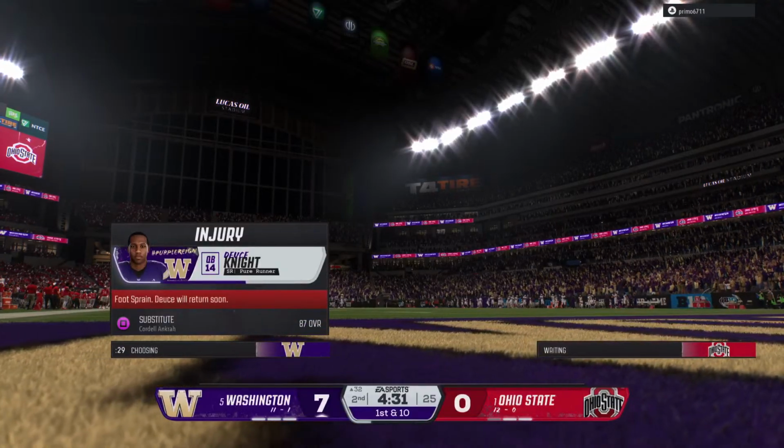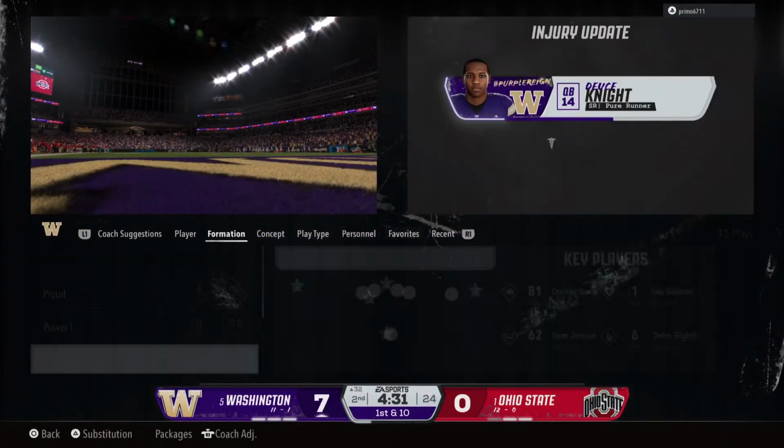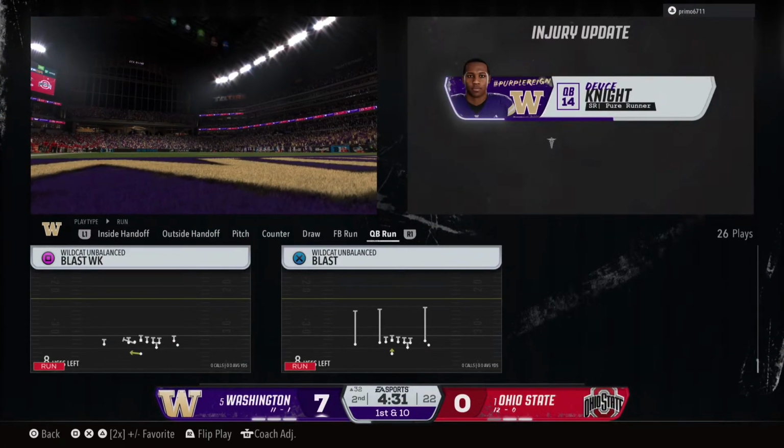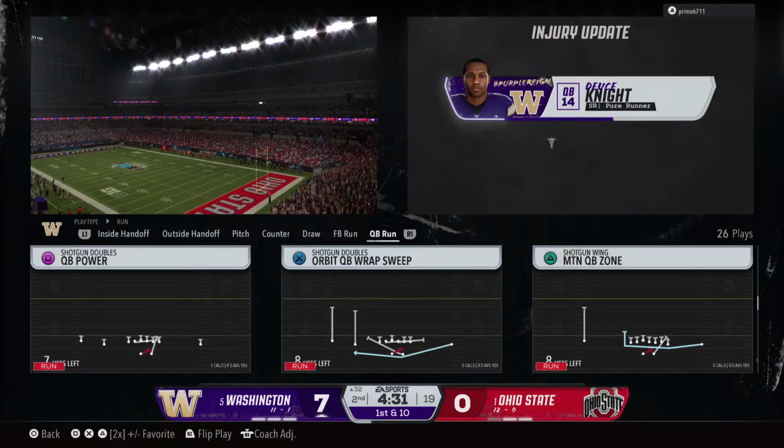So not what the coach was hoping to hear. Took a chance with the timeout to get the replay. We'll see if burning that timeout is costly down the road.